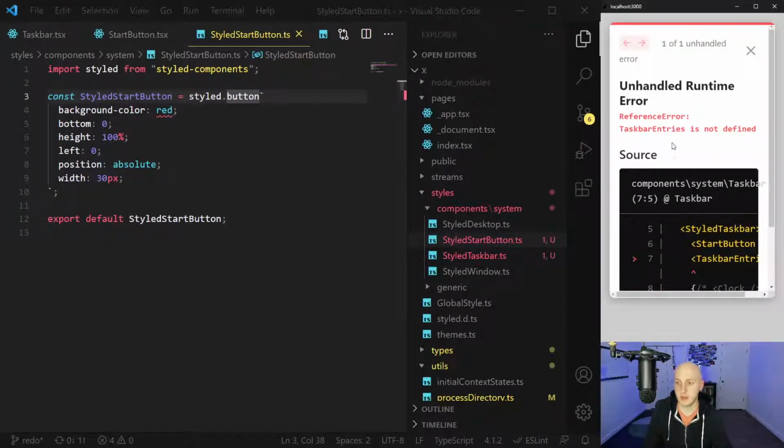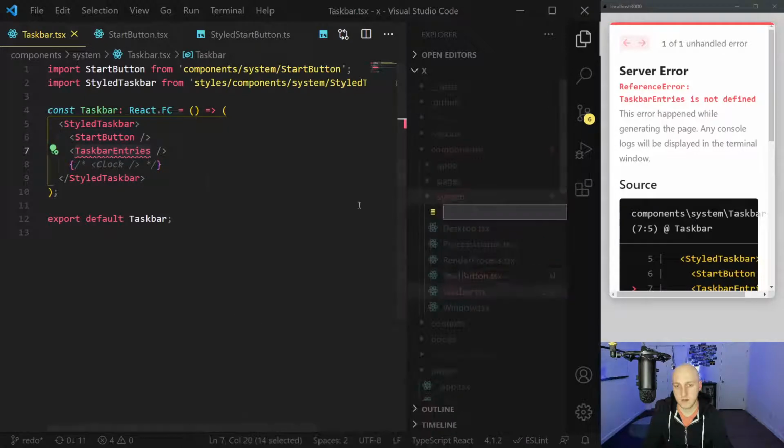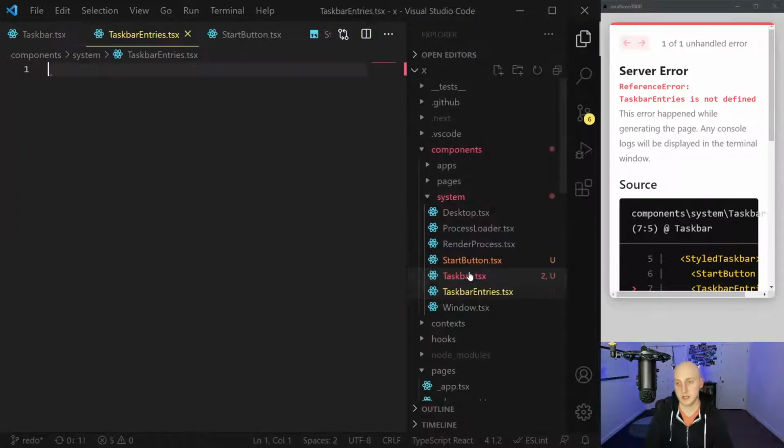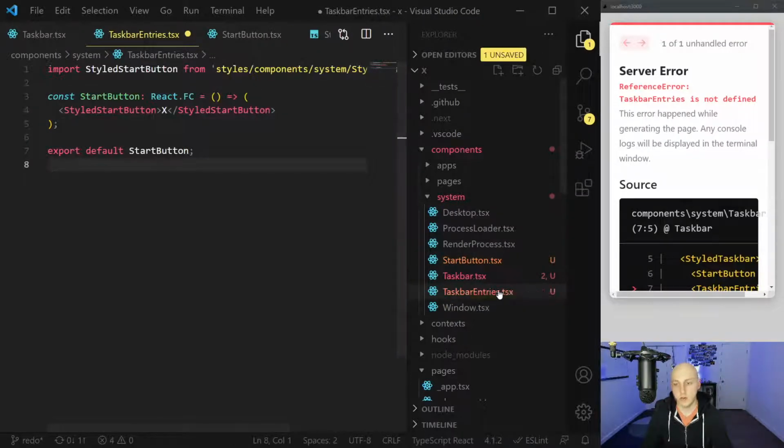That's exactly as you'd expect. What happened now? Oh, because I uncommented taskbar entries, but I haven't made it yet. Let's make taskbar entries now. We're on a roll here. Taskbar entries.tsx. Copy the start button again because it's similar, and just name some stuff different. So it's taskbar entries,